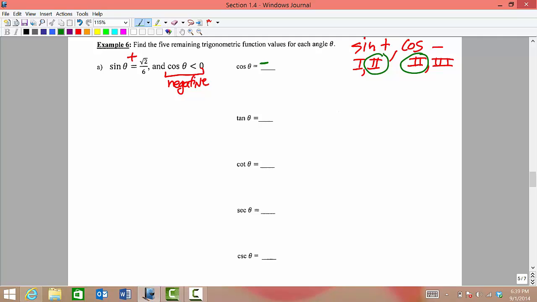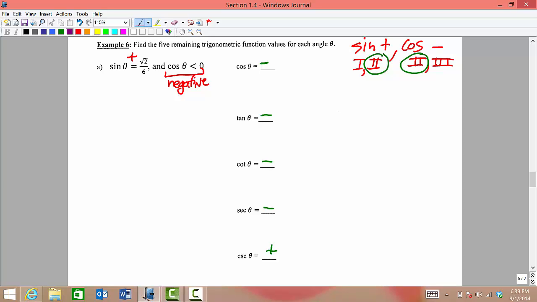That also tells us the signs of all of our trig function values. Cosine is negative. Tangent, because we're located in quadrant 2, is also negative. Cotangent is negative. Secant is negative, and cosecant will be positive. Now that we know the signs of all of our trig function values, let's go ahead and find the actual